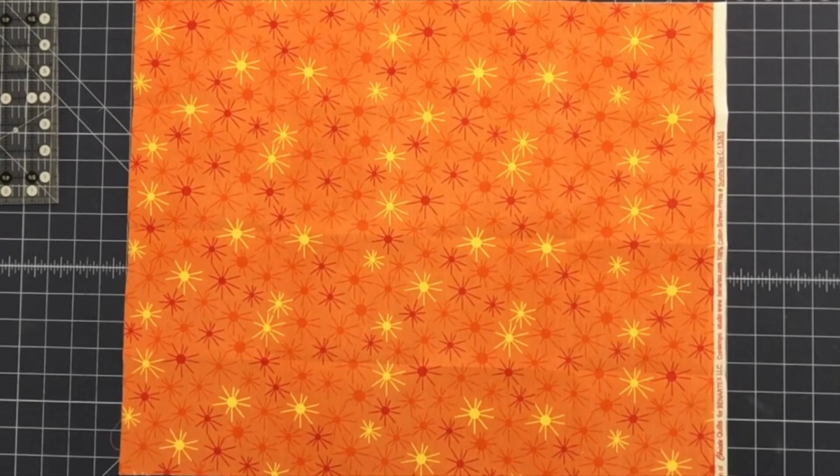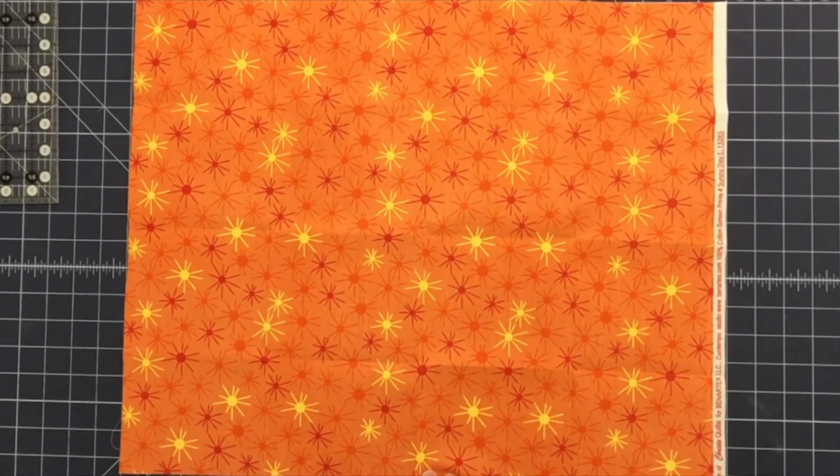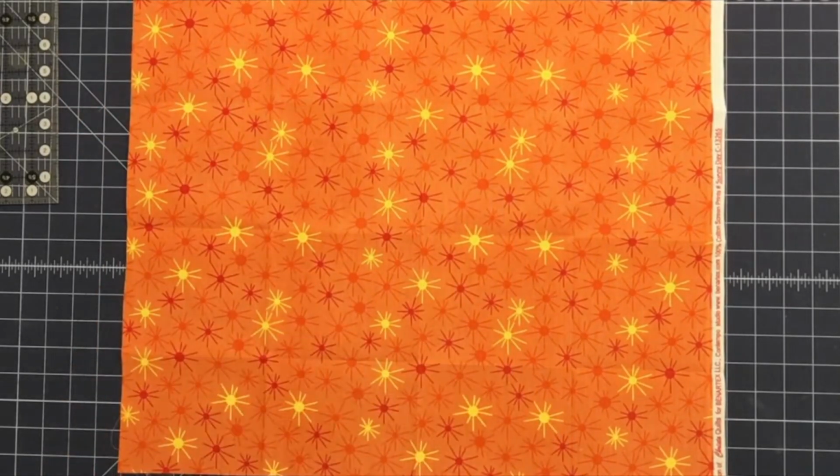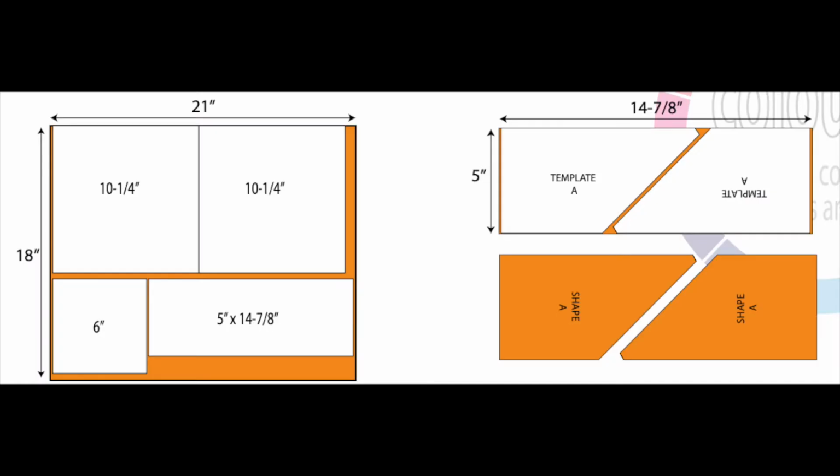Right, I'm going to start with my first pair of orange fat quarters. This is going to be 1 flower, 1 leaf block. These are going to make the petals. And if you turn to the cutting diagram that is in your pattern for the fat quarters, which are for